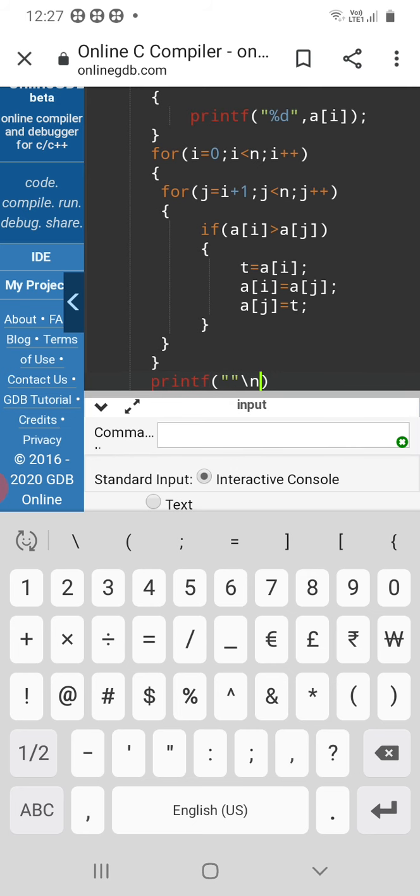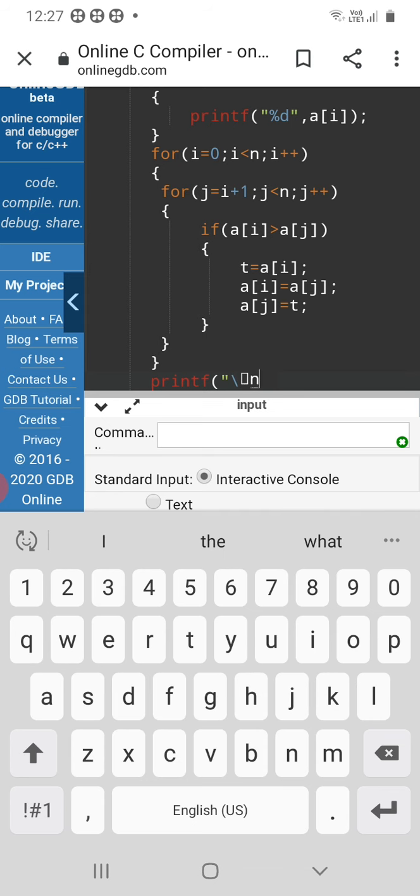This is the default newline. Array elements after sorting, that is nothing but ascending order.